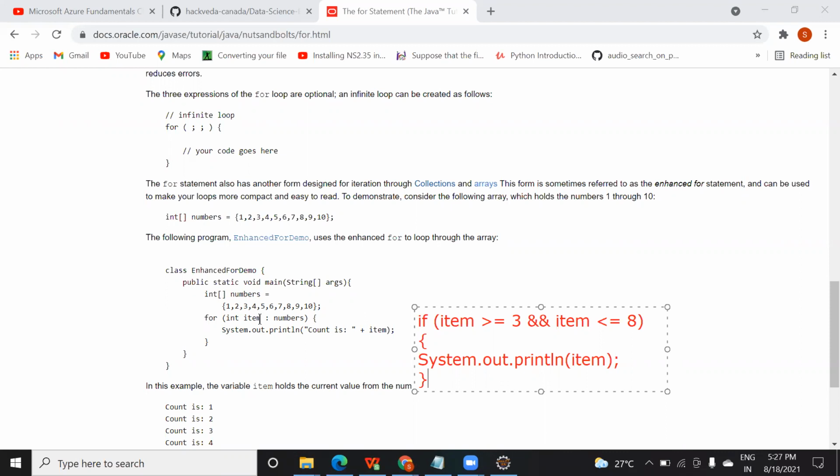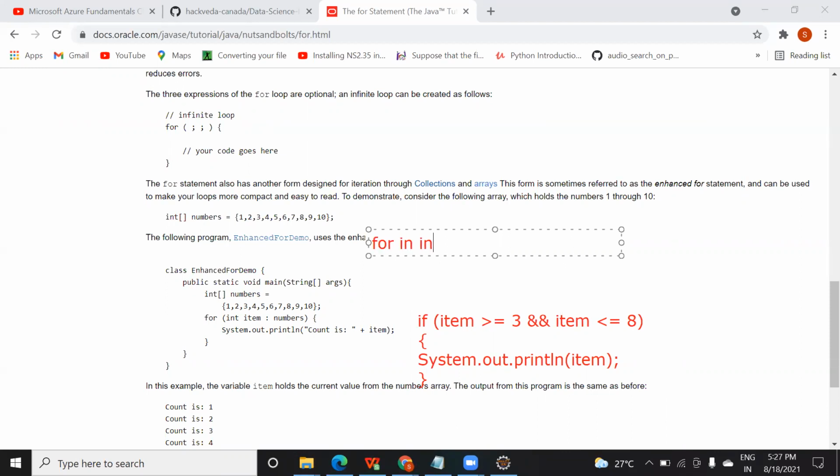I is what, a temporary variable. The syntax is something like this, for I in range 1 to 10. It means that I wanted to assign I starting from 1, and it will go till n minus 1. So in Python we go till n minus 1, so it will print 1 to 9.